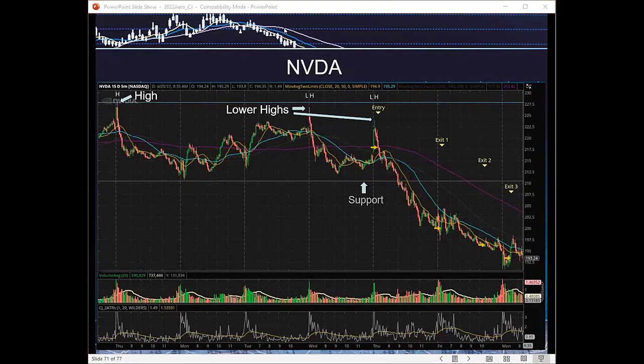So we see this behavior back here at this high, and then we see it again at this high, where it gaps up and then immediately reverses and fills the gap. And we see it again the third time. And I'm comparing the high of each one of those highs, and each one of those highs is lower than the one prior. So to me, in the world of technical analysis, that gets my attention